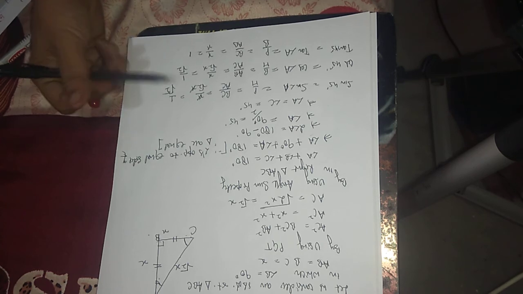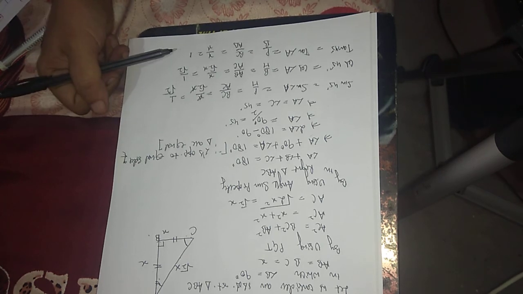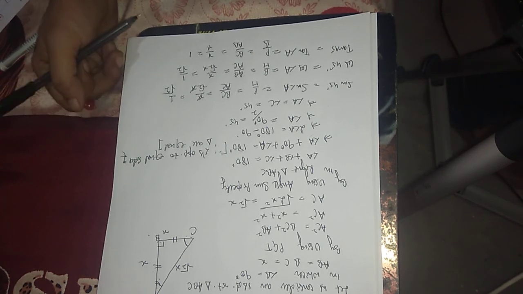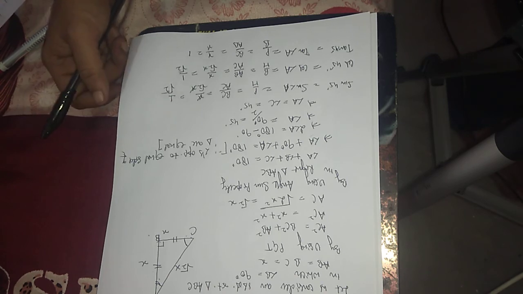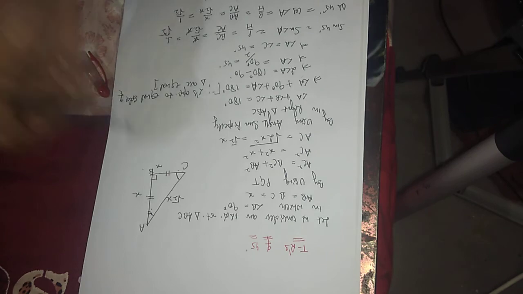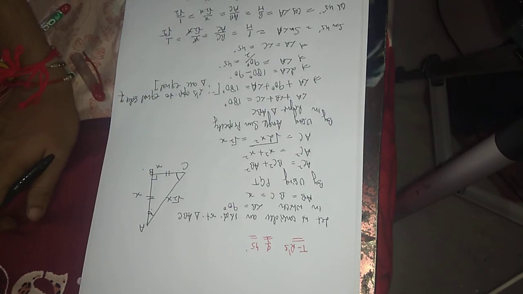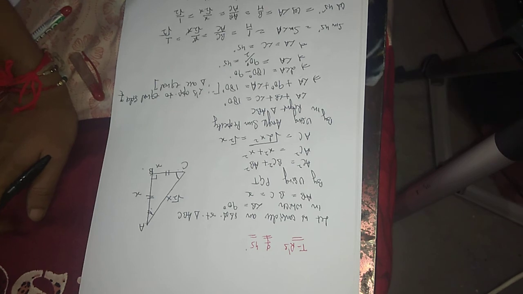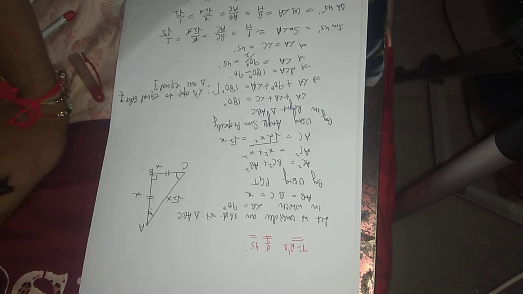So this is the value of sin 45, cos 45, tan 45. As you know, cosec, sec, cot are the reciprocals of these values, so you can also find these values. So these are the trigonometric ratios of 45 degree and 60 degree that we have discussed in this video. By using the same method, you can find the trigonometric ratios of 30 degree. In the next video we will discuss the use of these ratios in trigonometry. Thank you everyone.